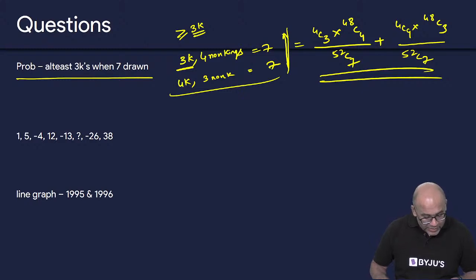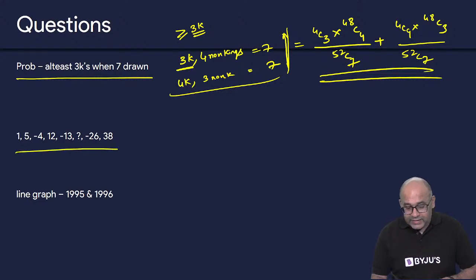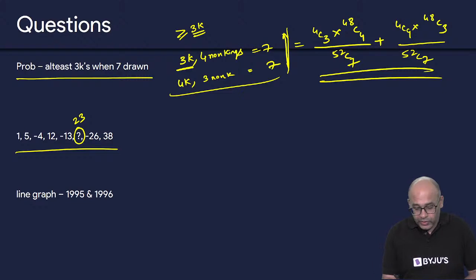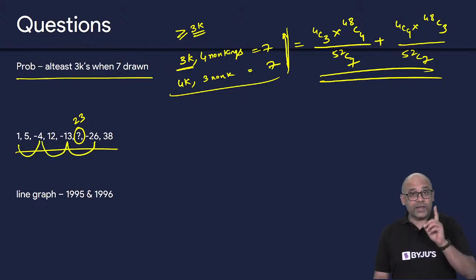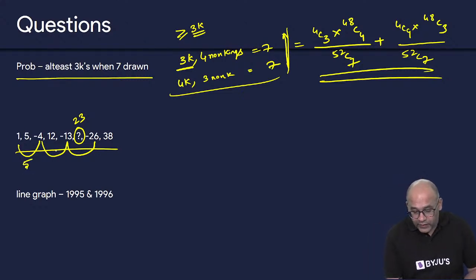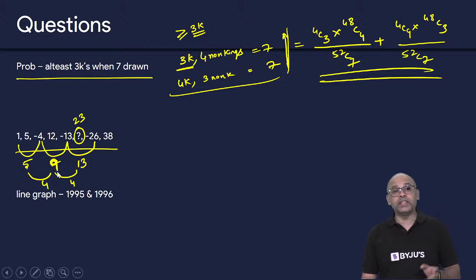Sanskar, yes, trick question. I hope you understood. Moving on, what is the answer here? The answer was 23, if I am not mistaken. If it is 23, you will observe what is happening: 1, 4, 13, 26. This is one series. Look at the difference. The difference is 5. Here the difference is 7. Sorry, 9. The difference is 9, and then the difference is 13. Once again, if you take the difference, it is 4 and 4. Right? 5, 9, 13. The difference is 4 and 4.